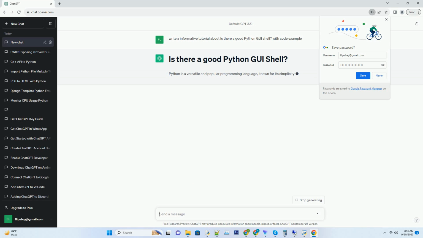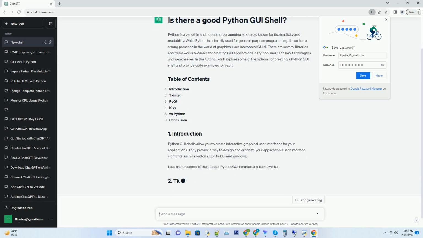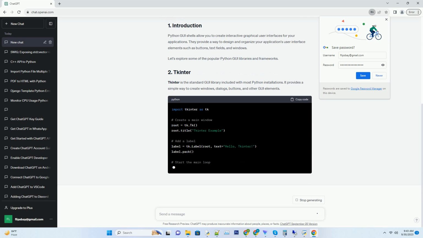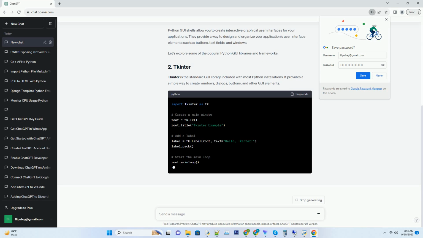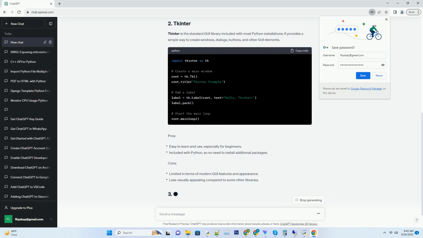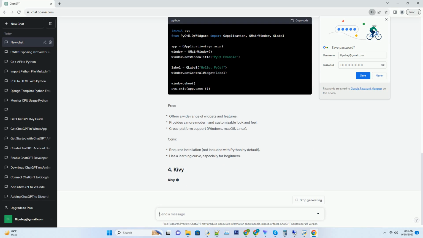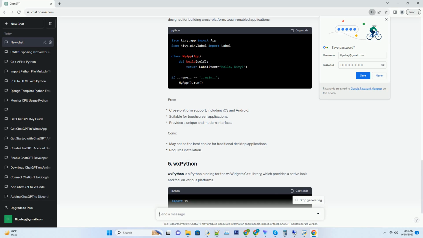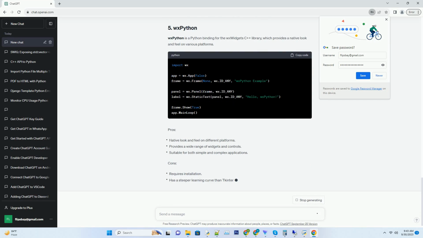Python is a versatile and popular programming language, known for its simplicity and readability. While Python is primarily used for general-purpose programming, it also has a strong presence in the world of graphical user interfaces, GUIs. There are several libraries and frameworks available for creating GUI applications in Python, and each has its strengths and weaknesses. In this tutorial, we'll explore some of the options for creating a Python GUI shell and provide code